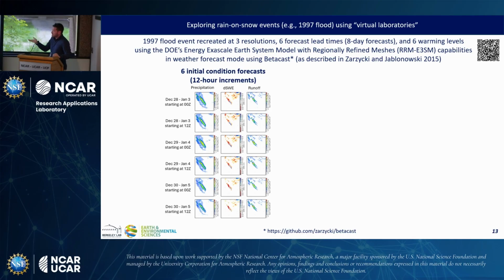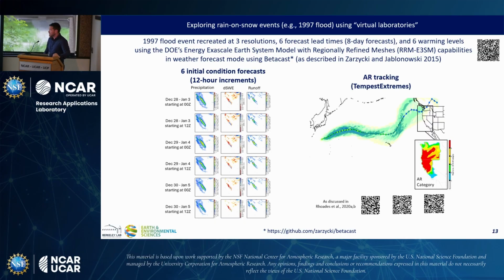So essentially, this is what the initial conditions would look like. So these are the traces. I wouldn't expect you to read this, but it's just showing that each row is a different forecast lead time. So the top row would be a forecast lead time of about 3 or 4 days out before the flood event really peaked, all the way down to a couple of days out. And we really wanted to see how that forecast lead time shapes storm total precip, changes in SWE, runoff, et cetera. And then using some other workflows, we were able to track the atmospheric rivers and calculate what's called an